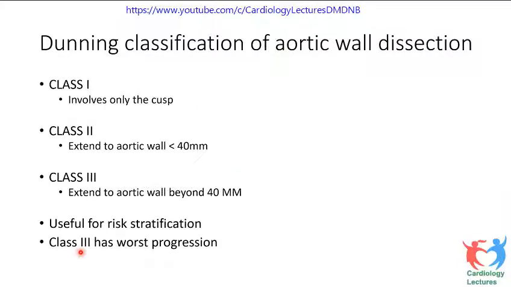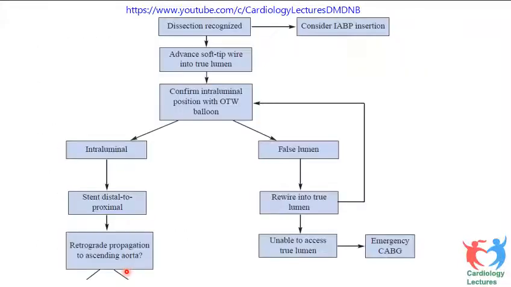Class 3 has the worst prognosis because probably they might not survive, or you might require immediate surgery for better outcome. And coming to the therapy of dissections, recognition is very important. And if there is hemodynamic instability, probably put some IABP or Impella, whatever you have there. And very important is the soft tip should be put into the true lumen. Wiring the true lumen is the most important step in treating guide catheter